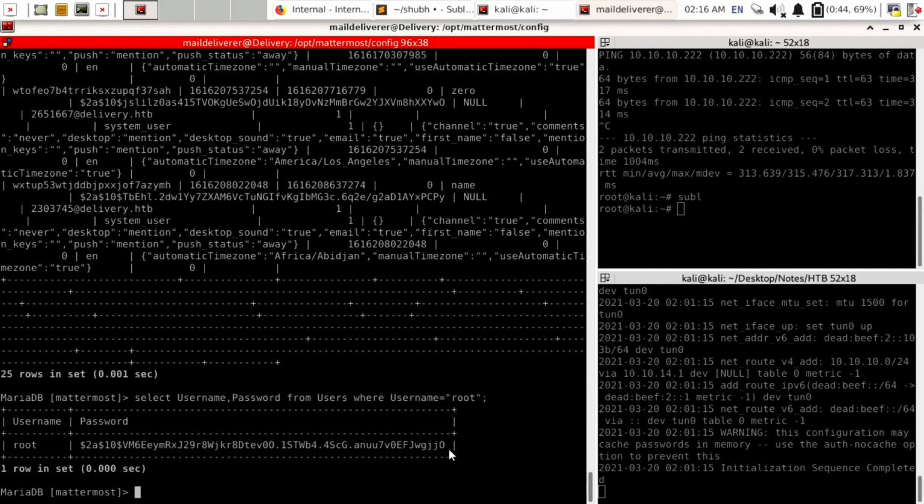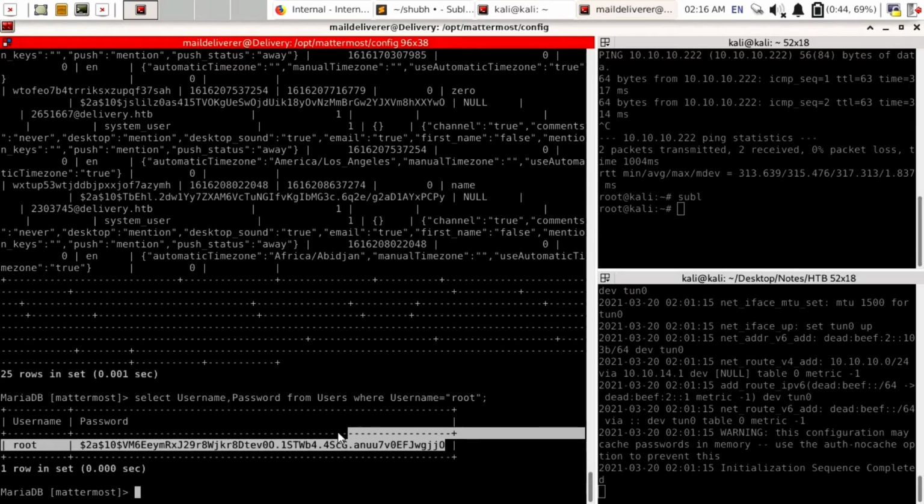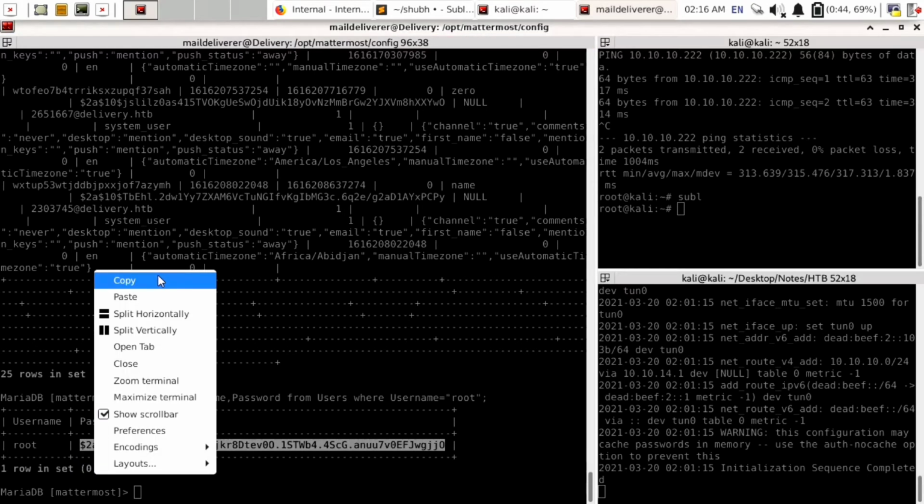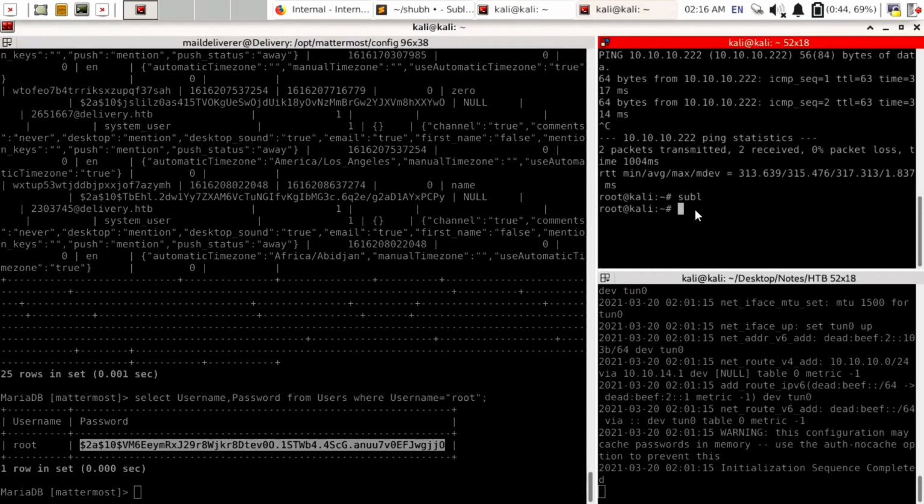It is in encrypted format, as it starts with $2, which means it is encrypted in bcrypt format. So we have to crack it using hashcat. First of all, we will copy this, and in a new terminal we will go to /home/kali/desktop, which means we will go to the desktop folder.